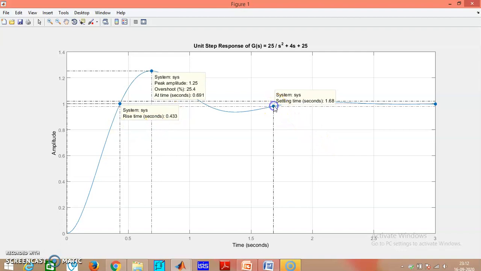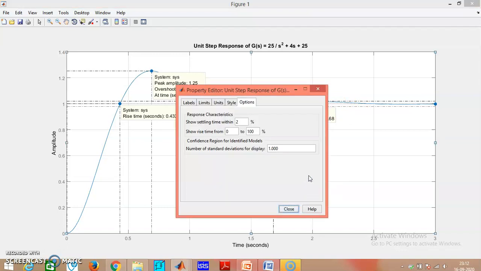This is settling time. Settling time is 1.68 seconds. Now again, the settling time is based on the tolerance band, so you can change the percentage of the tolerance band. So this was for 2%.